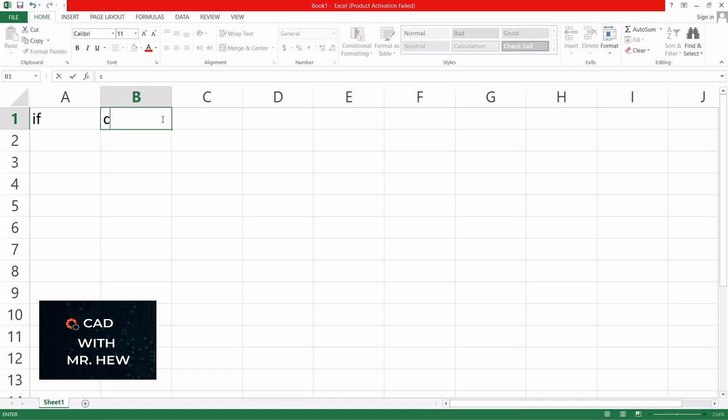I'm going to write the word color here. And under here, I'm going to write some colors. I'm going to write red, blue, green, purple, orange. All right, good. Now,